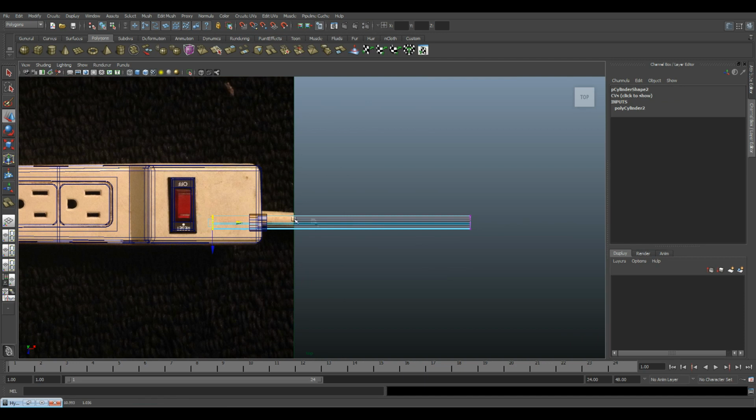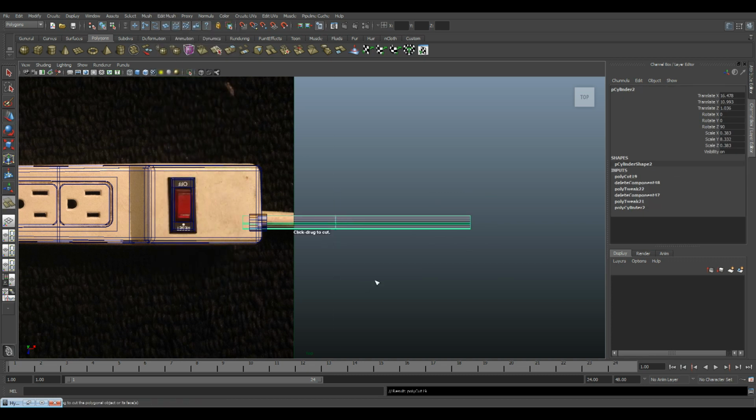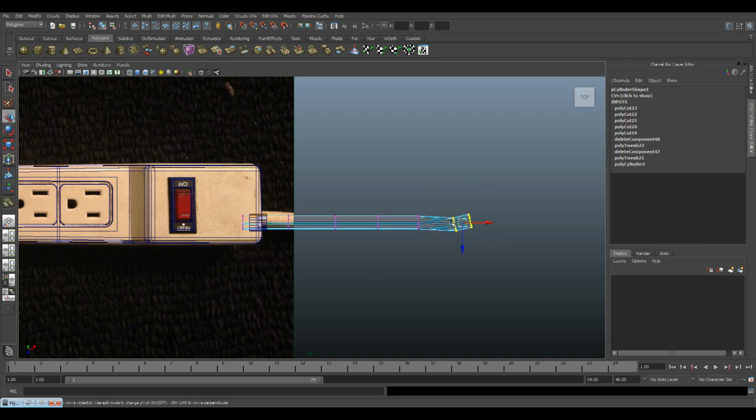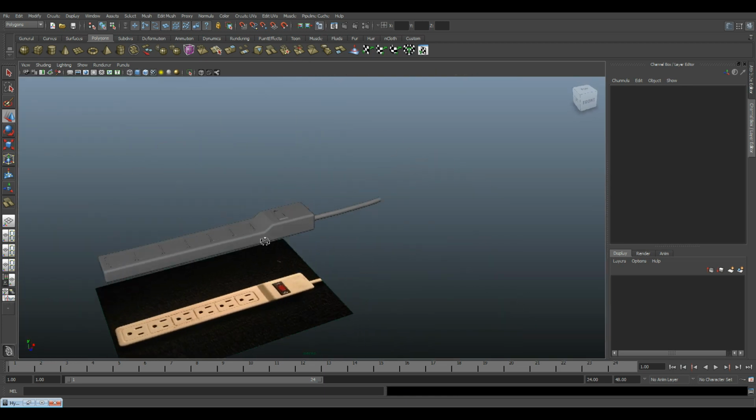Now I can also just delete these internal faces, and then I can also delete the other ones over here. And I am just going to cut some points along there and rotate like that for now, just to give it the look as if it is a chord. So there we go. There's our chord,